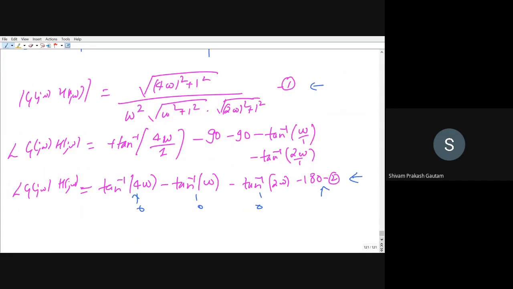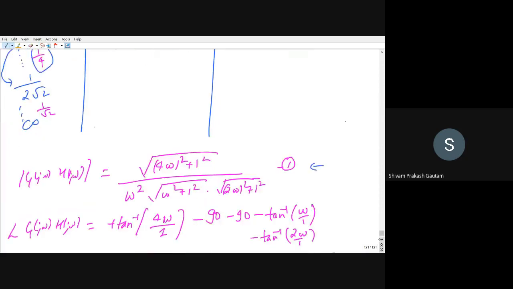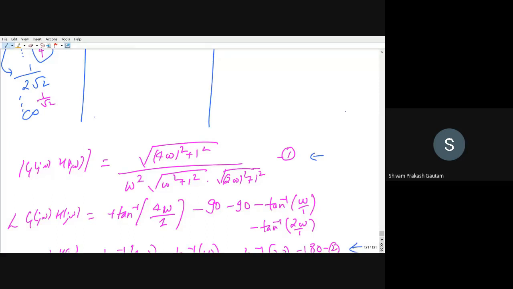Just remember, why have I taken omega is equal to 1 by 4? Because we have to take some point which is between 0 and 2 root 2 to be sure in which direction our plot will move. From minus 180 degree, whether it will go to minus 190 degree, or from minus 180 degree, it will go to minus 170 degree. To be sure, we have taken one point which is in between 0 and 1 upon 2 root 2. So if you substitute omega is equal to 1 by 4 in the magnitude equation, you can do the calculation later on. I am having the result.